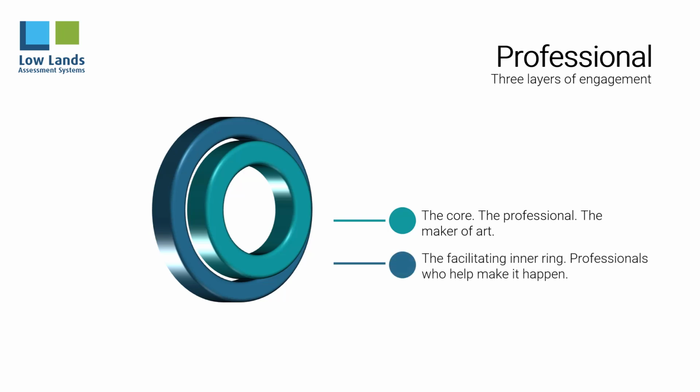Surrounding the core, we find a circle of supporting professionals. We call this the facilitating inner ring. All kinds of professionals work here, all with a great affinity with art. But they are not artists themselves. They are suppliers who have an impact on the primary process. In our example, this could be the supplier of painting materials. Or the gallery owner who, together with the painter, makes a plan to exhibit the works. Or a physiotherapist who specializes in repetitive strain injuries in painters, dancers and musicians.